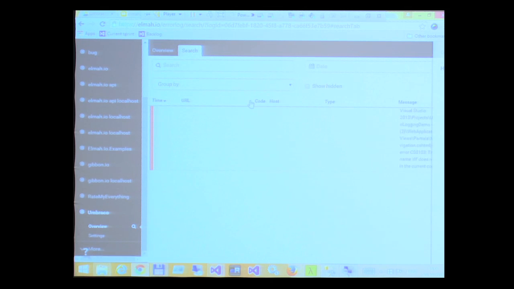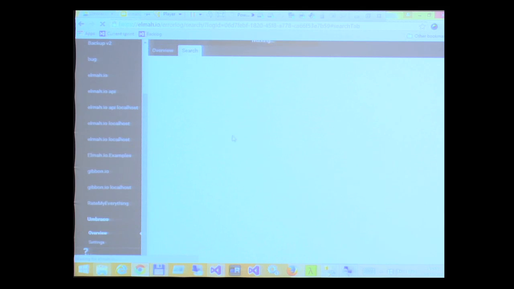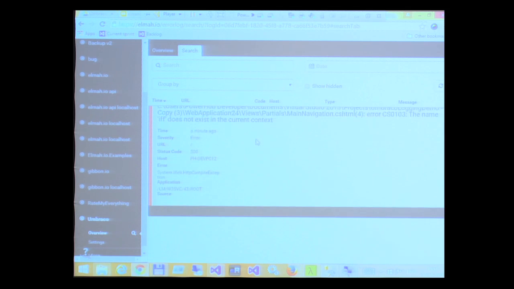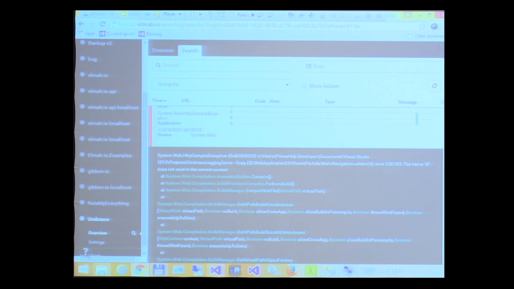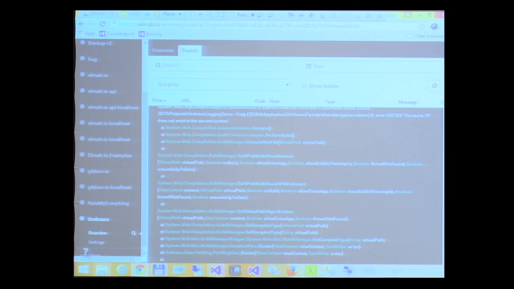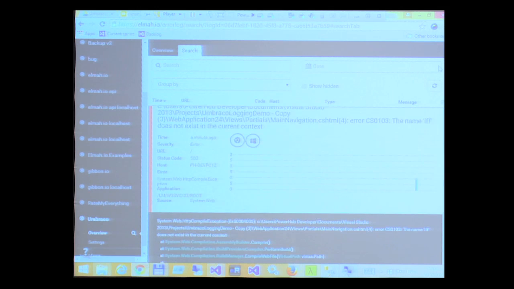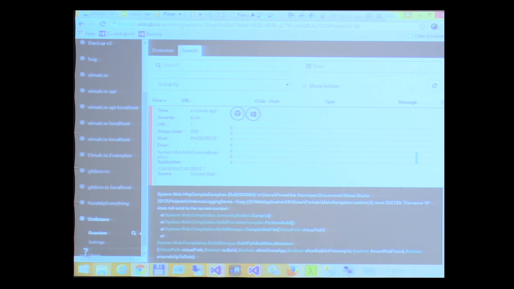We actually have this search view as well. It's not easy to see here, but this is sort of the same as in the Elma UI. This is the list of errors. But unlike the Elma UI, we actually have search capabilities in here. We have full text search capabilities. We can do dates, range filters. We can group our errors and so on. And we can also expand our error details here and see the same information that we saw before. So this is pretty nice, to have these search capabilities and these graphing capabilities on top of